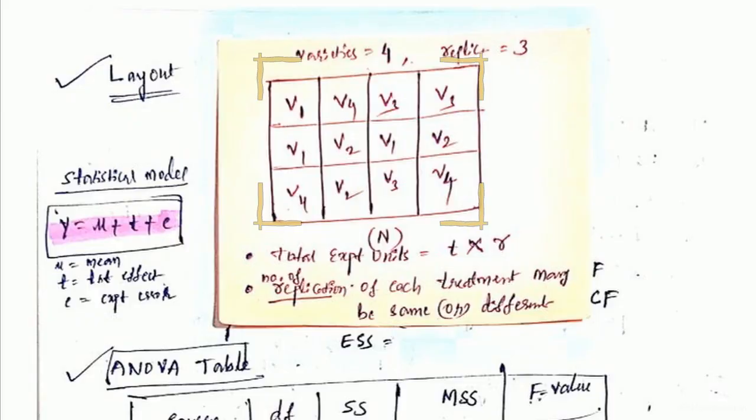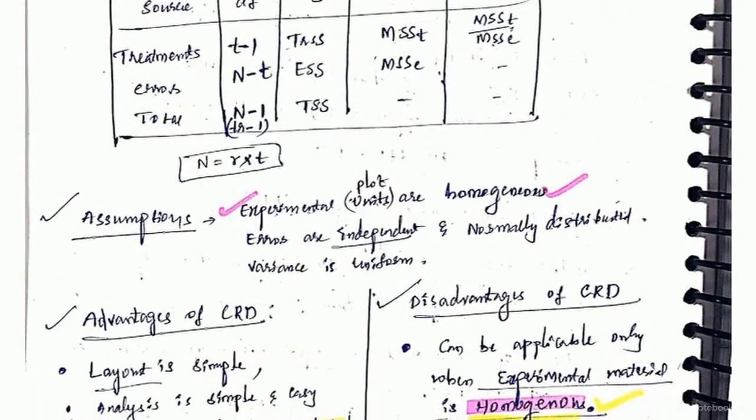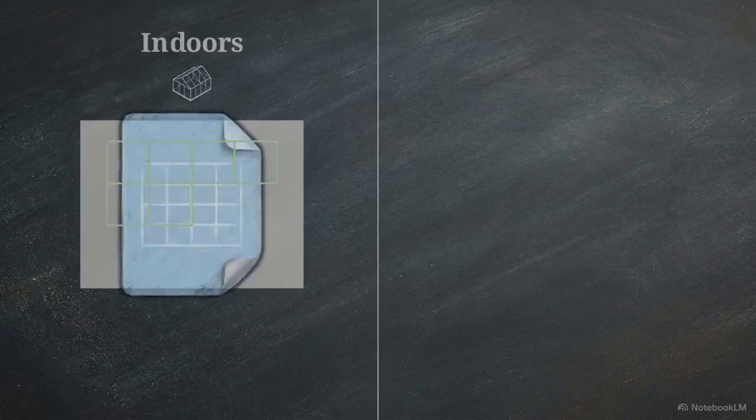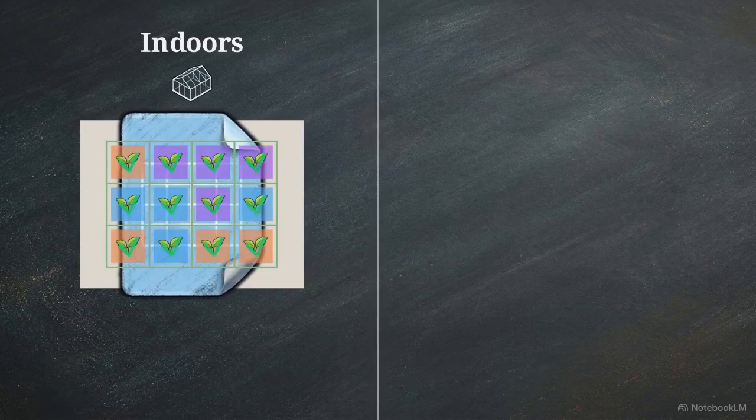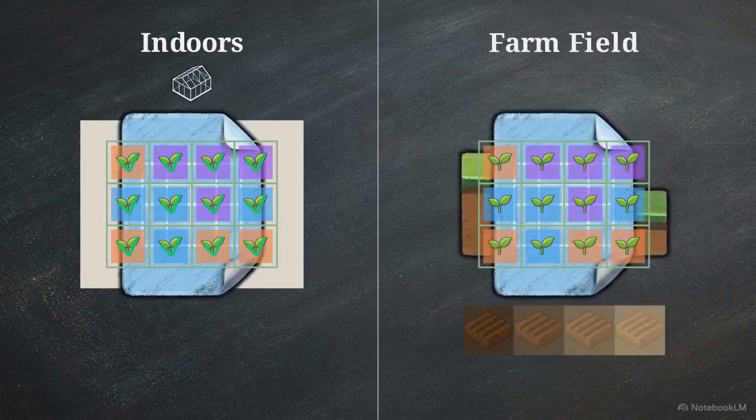Looking at this 4x3 layout grid, you can see how it works. Any treatment, like V1 or V4, has an equal chance of landing in any plot. But CRD has a strict vulnerability. Notice the pink assumption. The experimental units must be homogeneous. CRD works flawlessly indoors, but if you try using it in a standard, unpredictable farm field, natural environmental variations will